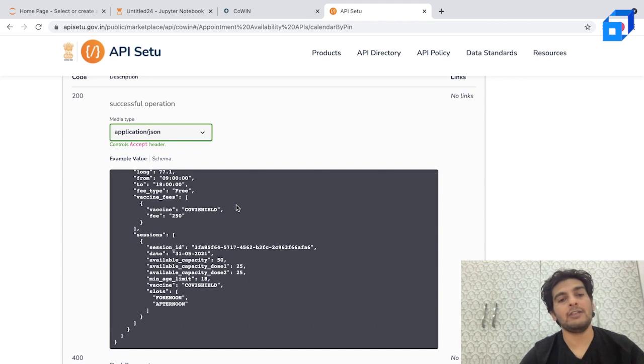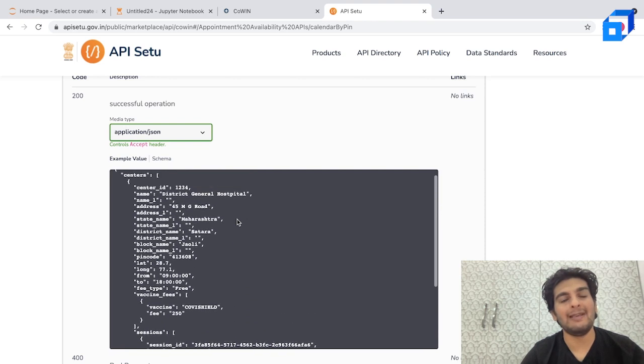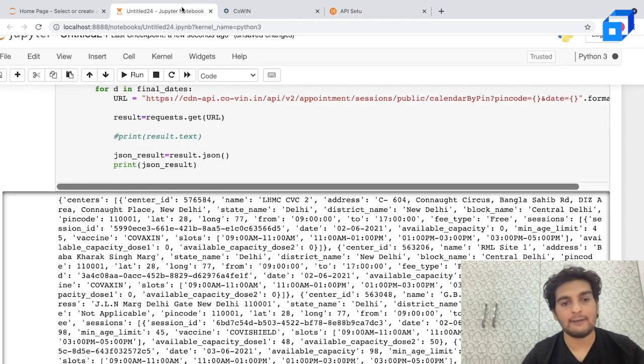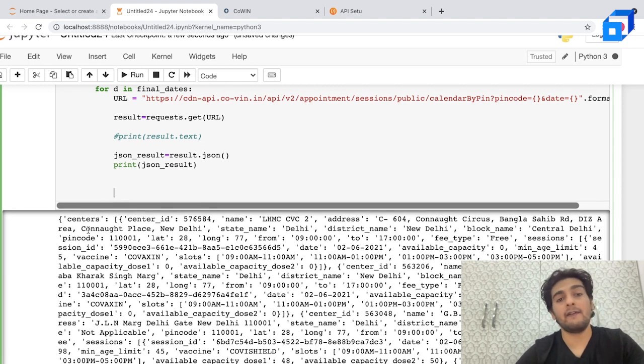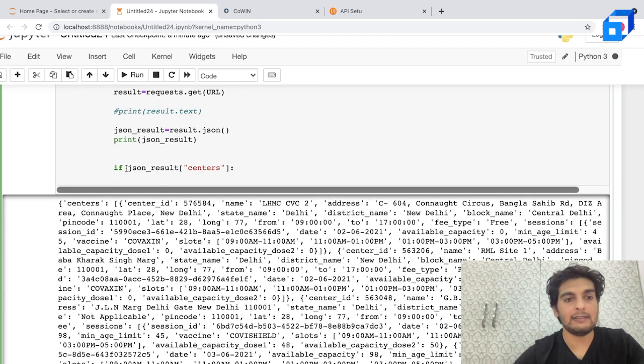Now from this JSON object, since this seems like total jargon and I wouldn't be able to properly understand the data, I'd want to extract it in a proper text format, where I'll not have all of these different tags. So let me write down the code for that. Since I have the result properly, let me write an if statement. Here, if JSON result centers, which would basically mean I have properly converted this into a JSON object and am getting the result, then